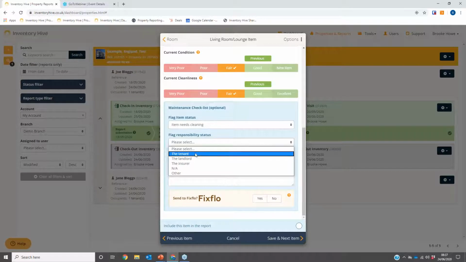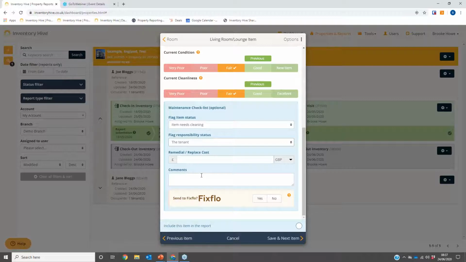I'm going to say that the tenant is responsible. I'm not going to add a cost or any comments here. You'll see also that we have a send to FixFlow option. If you do have an account with FixFlow, you can choose to send this to FixFlow right now